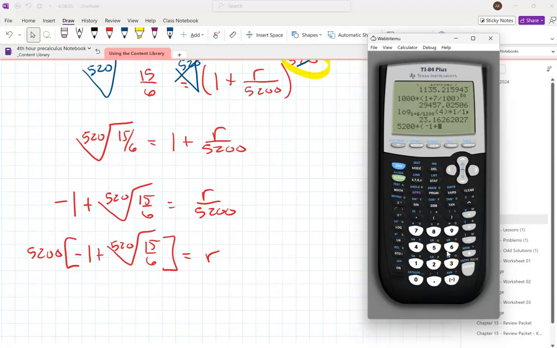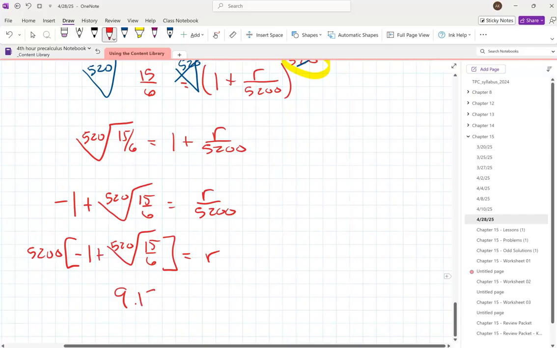So to do the 520th root, I'm going to type 520, press the math button, and then I'm going to use this command 5. So that puts the 520 in the index, and then I can just type in my 15/6. And there we go. So I need about a 9.17% interest rate